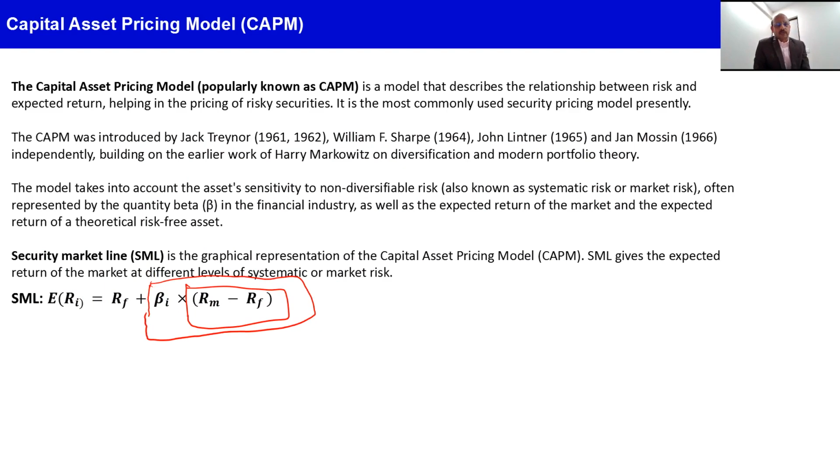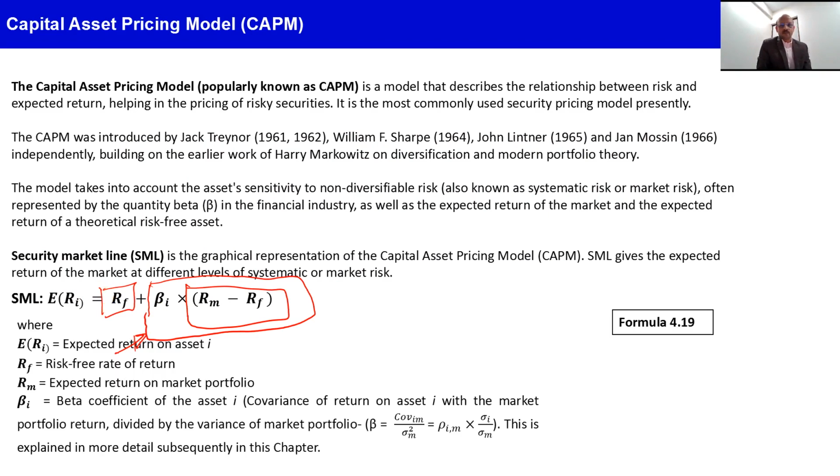I have explained the concept of beta in another video, so if you wish, you can refer to that video, where you can see what beta is, how it is calculated, and what its importance is in the security market. When you add that extra risk premium, for carrying that risk, to the risk-free return, you get the total expected return from that asset. Here I will just put the beta calculation simply, which is basically the correlation between asset i and the market times sigma i over sigma market. But the detailed explanation of beta can be found in another video.